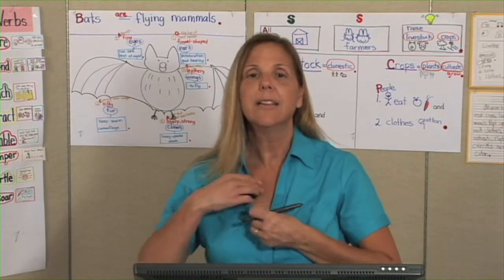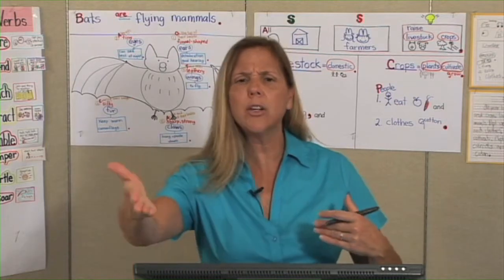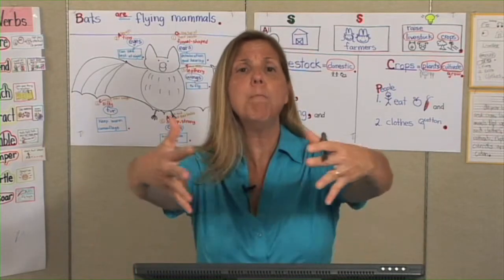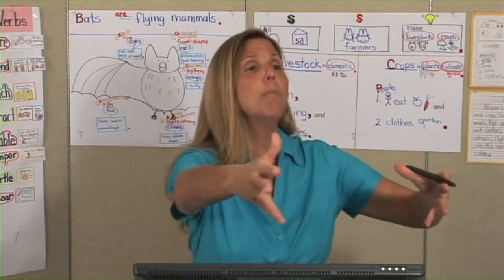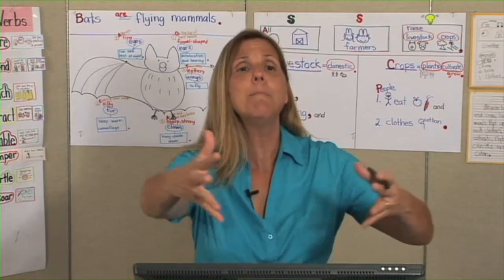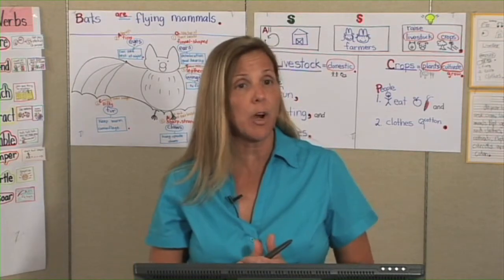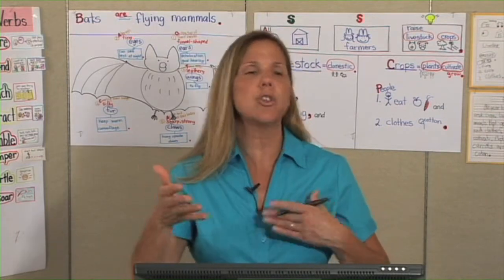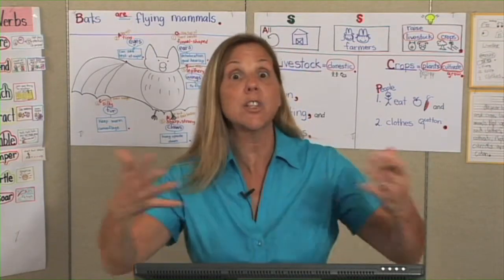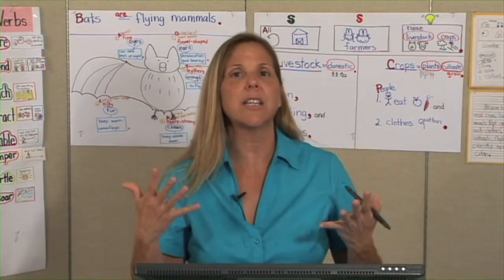And if they can't, then you know what I do? I pretend that they said it. I go, oh, I heard someone say, someone who grows many of the same type of plant or grows many vegetables or many different types of fruit or many of the same fruit. A crop. That's what a crop is. Turn to your buddy one more time and say it. So I don't say, oh, boys and girls, you didn't get what crop means. Let me tell you again. I just act like they did understand it so that they have the confidence to think that they could.